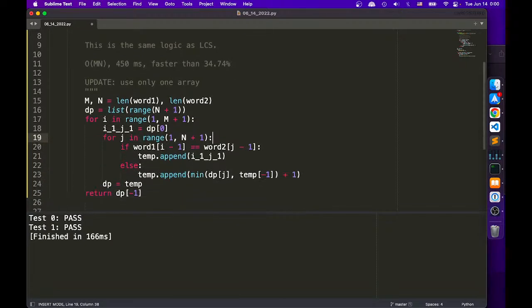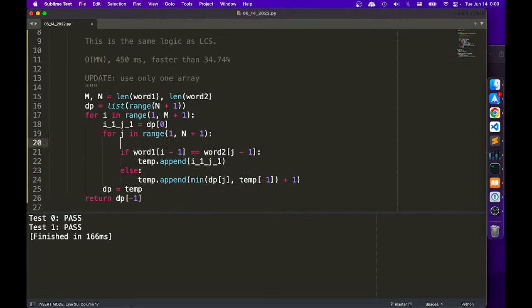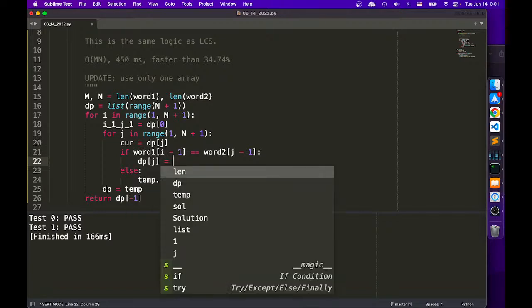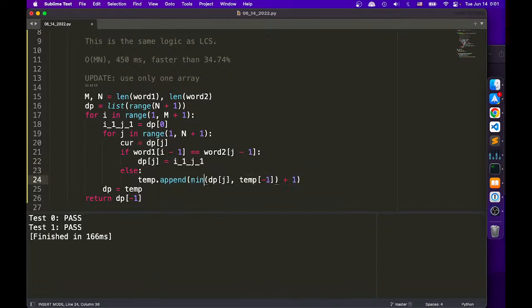But every time when we start, we need to say the current equals to dp j, right? We record the current because we are going to update. I'm going to say dpj equal to I minus 1 j minus 1, else dpj shall equal to the minimum of dpj, and